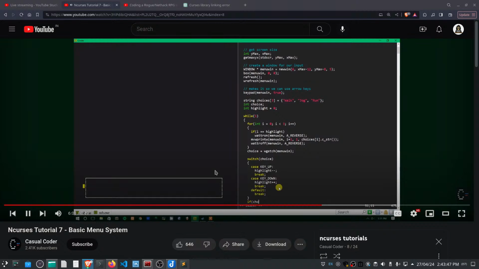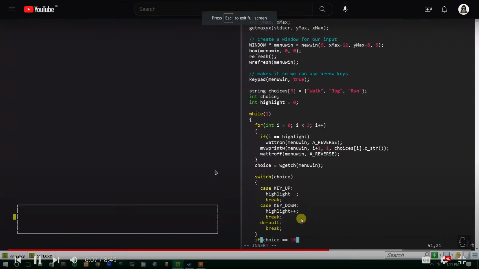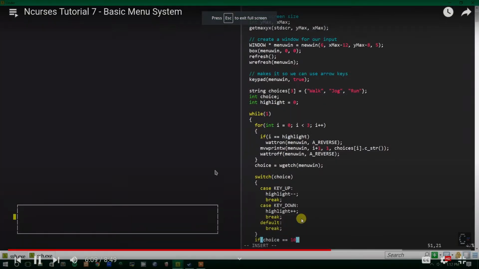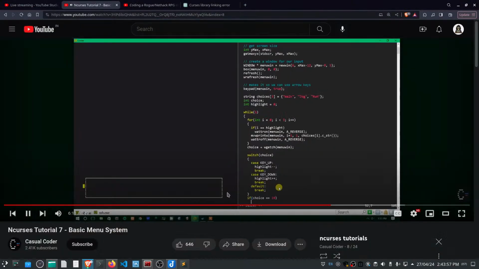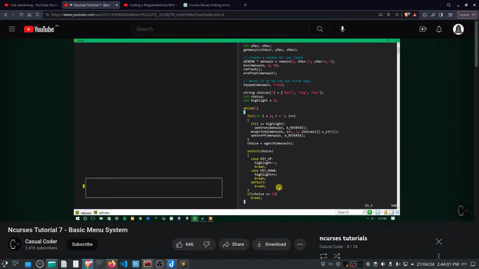Alright, so once we're done with the switch statement, we want to check to see if our choice is equal to 10, because if it's equal to 10, that means the user hit enter, and that means that they want to choose whatever option is currently highlighted. So if choice is equal to 10, we want to break out of this while loop. But there we go. Alright, so this should work in and of